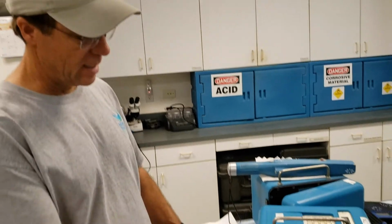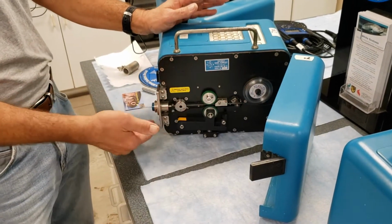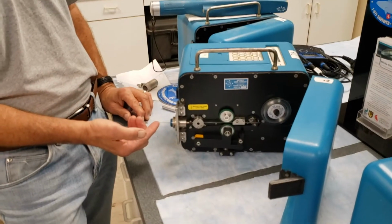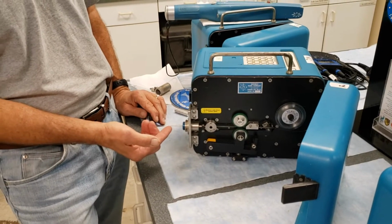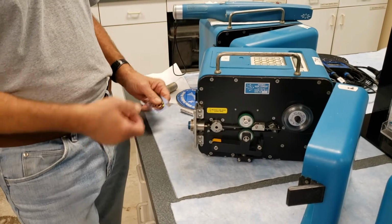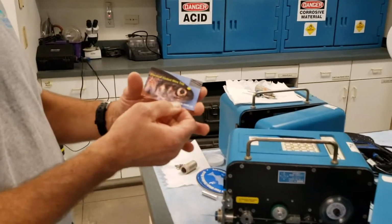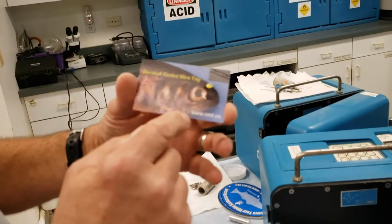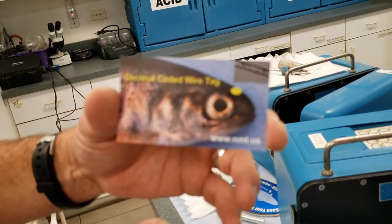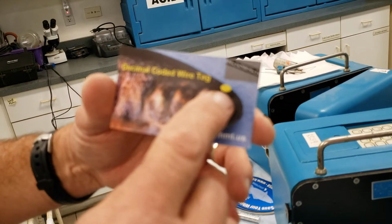So this is the machine here, there's a spool of wire here, it travels through the machine, and actually this needle on the end, the head of the fish is put in, the needle goes into their cheek muscle, the tag is injected into the fish, and then we check it for a tag. So the tag actually looks like, and here's a model of a fish. This is actually a salmon, but inside that yellow oval there is the actual tag that's inserted into